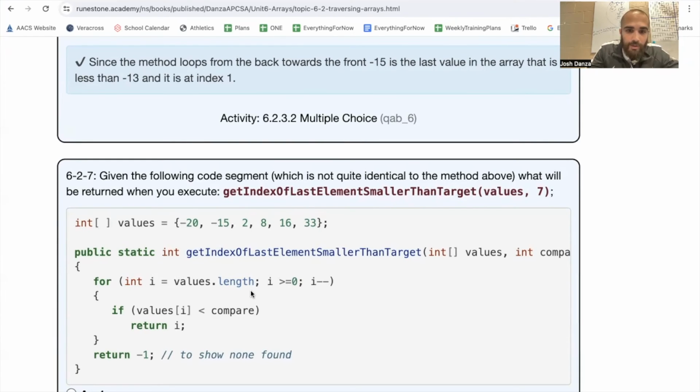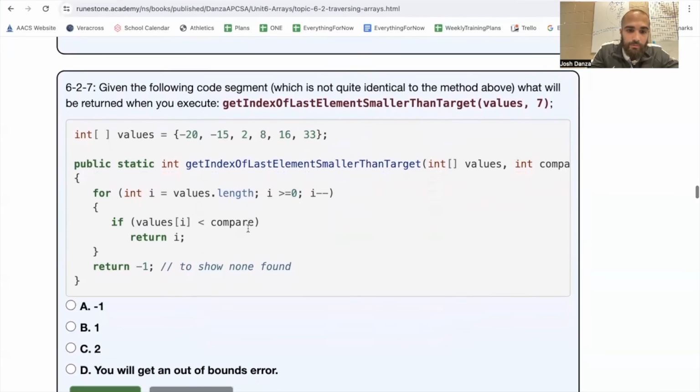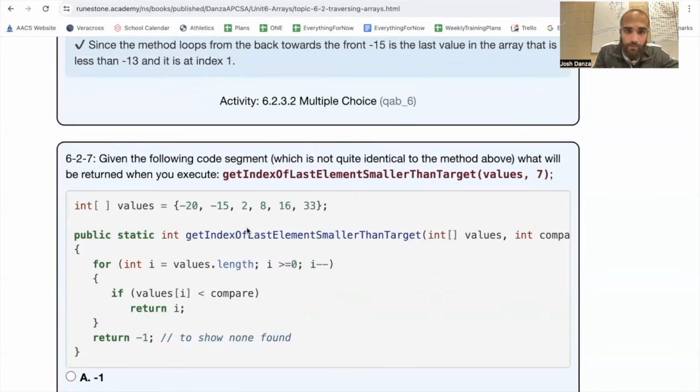Is 33 less than 7? No. Is 16 less than 7? No. Is 8 less than 7? No. Is 2 less than 7? Yes, it is. So that would be index 0, 1, 2. Right? So